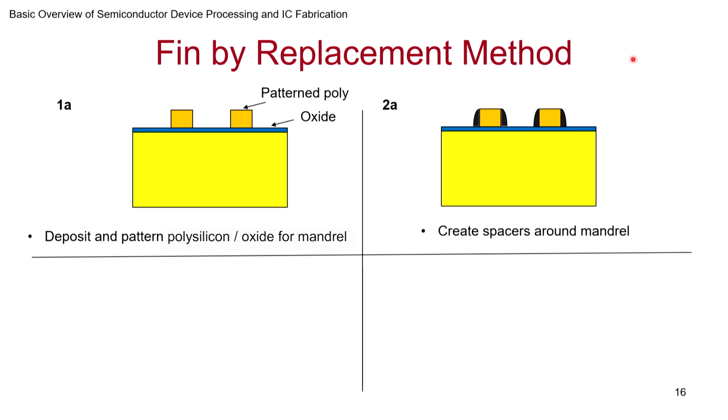Once you have done that, you might remember this figure from an earlier process, although it was built for another context. So this is polysilicon and oxide. You can actually build spacers. How did we build the spacer earlier? We deposited something and then etched anisotropically from the top. So if we remove equal amounts, at the corners some amounts will remain. This is known as a spacer.